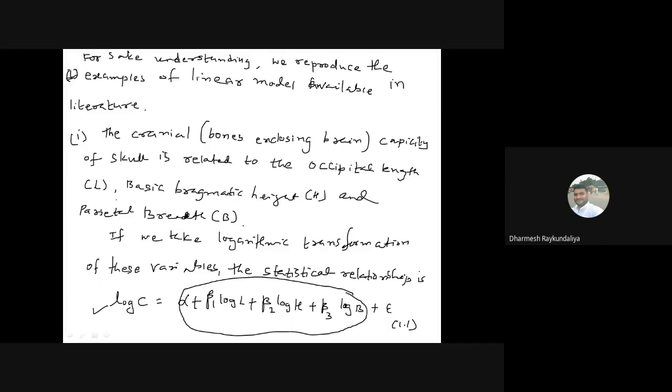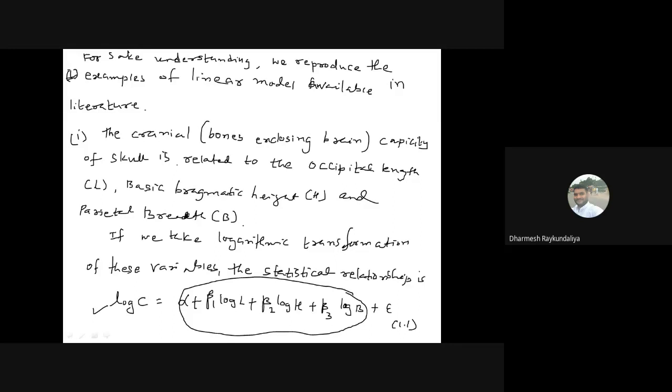When you ask them, is there any other variable which is available which can be useful to indirectly measure the cranial capacity of a skull? Yes, the doctor replies, we have three variables which can help to predict the cranial capacity of a skull. So they have suggested three variables: occipital length, basi-brachiomatic height, and